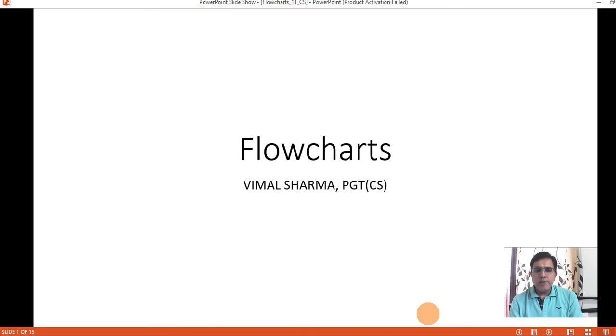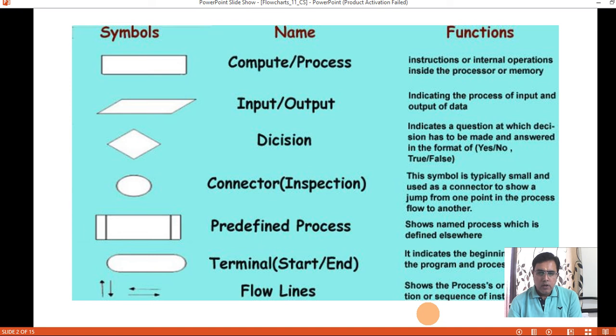Flowchart is the pictorial representation of your program logic. Now let us understand what are the symbols which are used in a flowchart. For computing, anything where you will write a particular expression which is calculating something, that must be written in a rectangle. Okay, then whenever you have to represent a statement which either reads any kind of input or which displays any output, there you have to use a parallelogram.